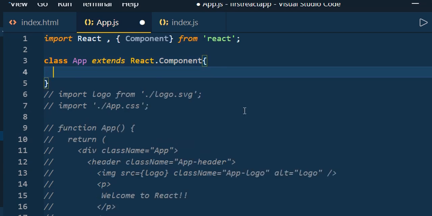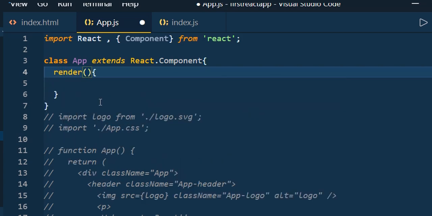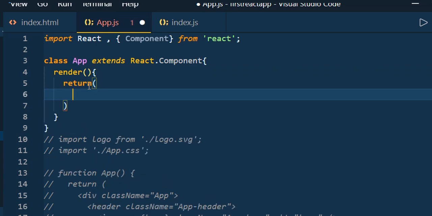And here the React Component will provide one method called the render method. What will the render method do? The render method will take input and return the output that is going to be rendered on the UI, right? So let us use the render method. As I said, it will take the input. I am going to explain that soon, but as of now, assume that it is not taking any input. And this is going to return some content. So here I am going to return h1, or let's say div.